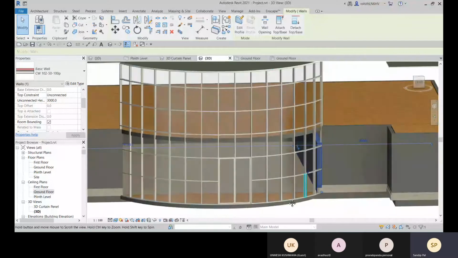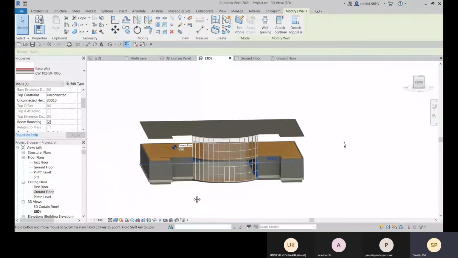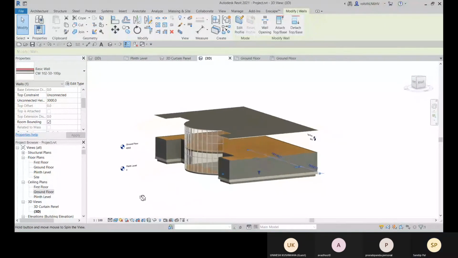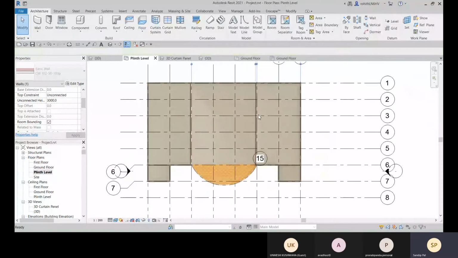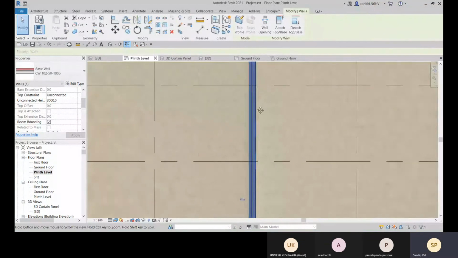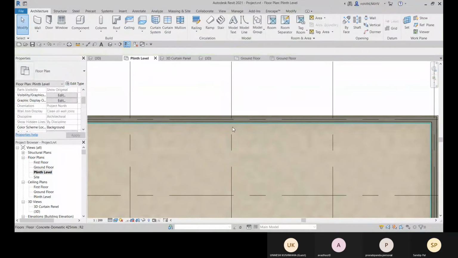Okay, so it is created at the plinth level. Let me go to this plinth level right now. And this is the wall, right? So let me delete it.